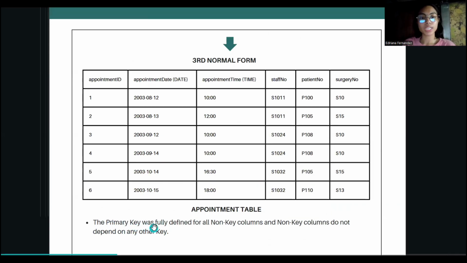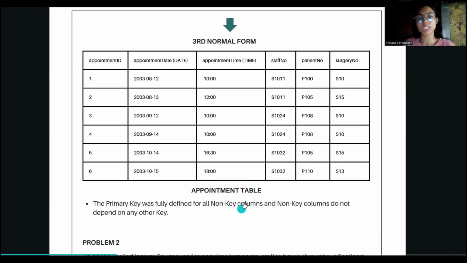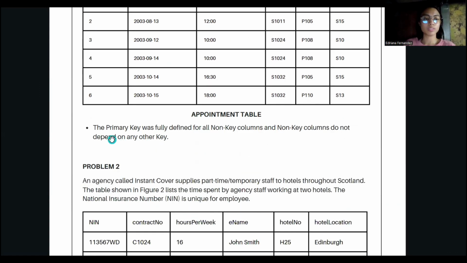So the primary key was fully defined, all non-key columns, and non-key columns do not depend on any other key. Next,